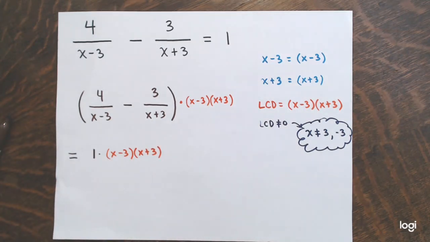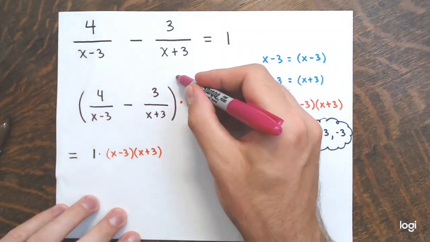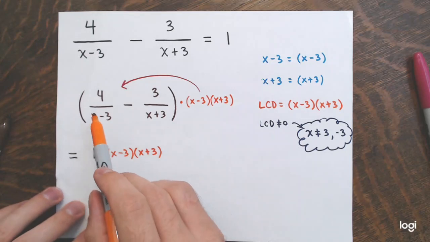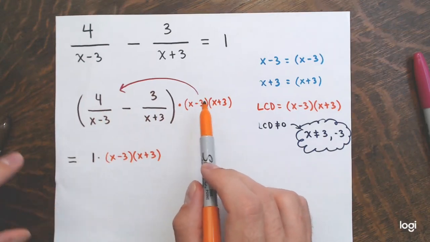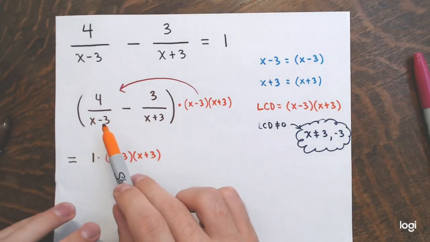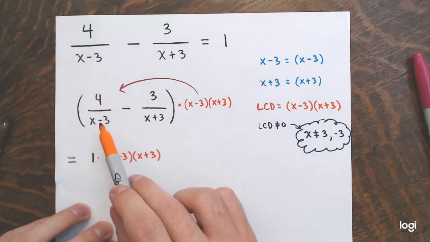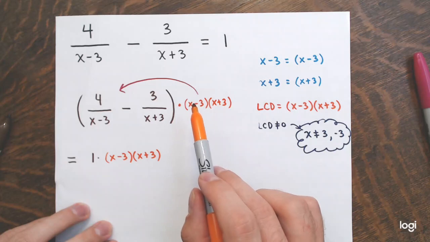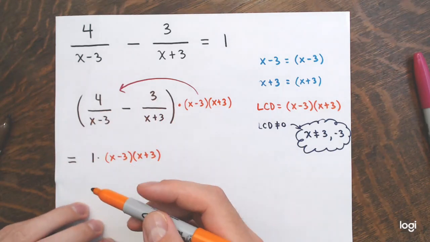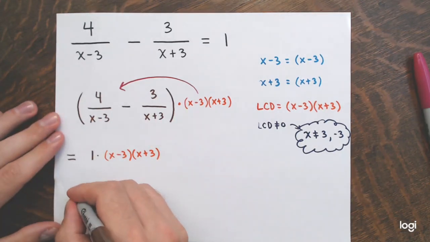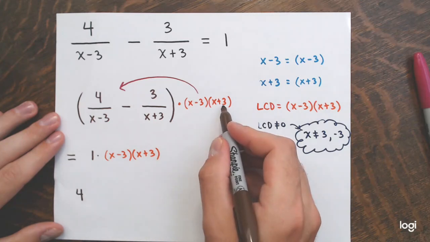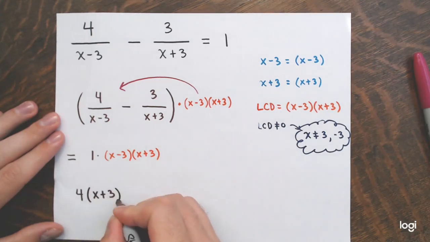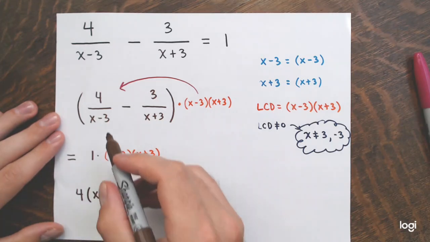Great, let's do this. Now, distribute. On the left side, when I multiply this first fraction by the LCD, I have x minus 3, that factor in the denominator, and x minus 3 in the numerator. So this would cancel that, and I'd be left with a factor of 4 and a factor of x plus 3. So 4 times the quantity x plus 3. Then I have minus,